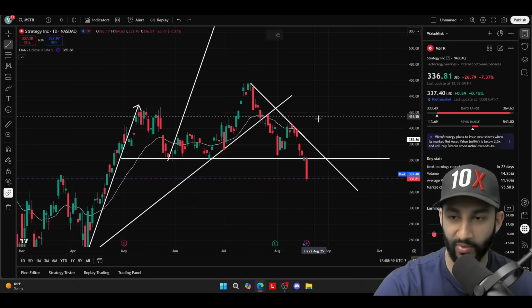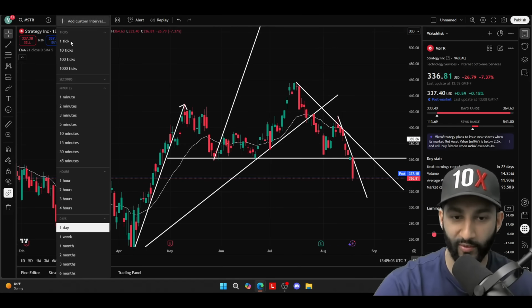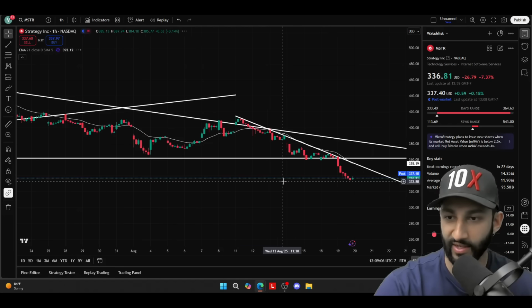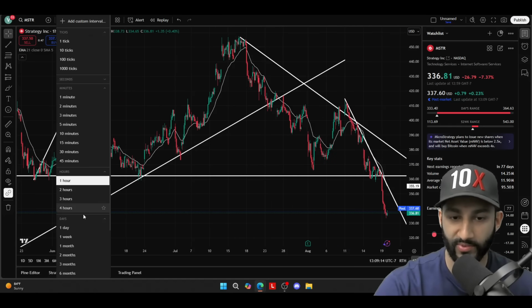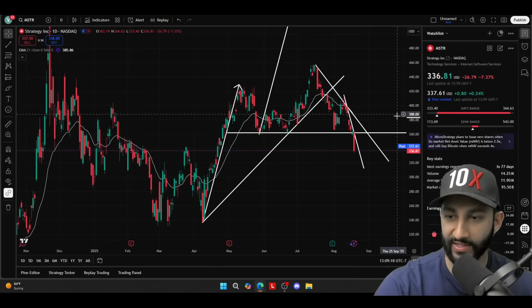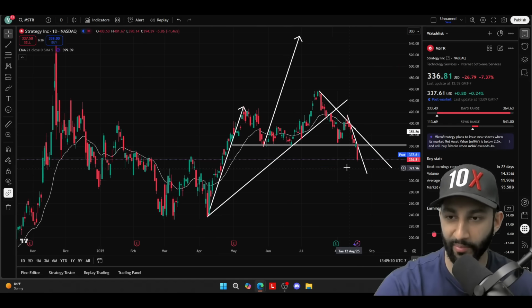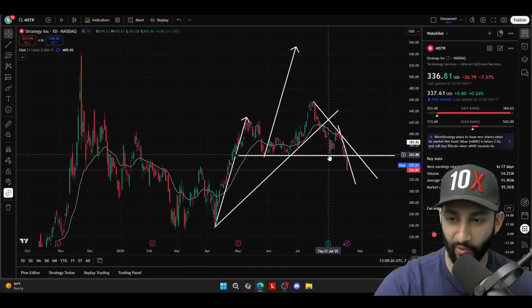Why? Because we were still below this trend line right here. So there was a steeper trend line in play. If you go on a lower time frame, it'll be more obvious. On the 1 hour time frame, there's this nice trend line in play, and we just hit that today and trended down lower. So basically, you are fighting against the context of the market not being that bullish. The market tried multiple attempts to reach the measuring target and failed. We came back to prior support and saw smaller bounces from it